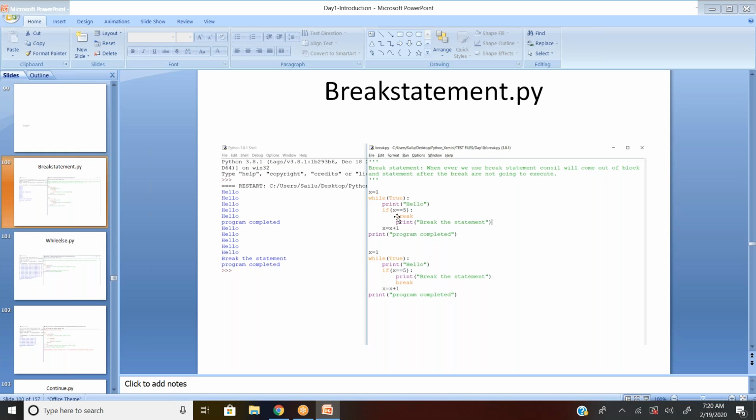Now you can see, if x double equal to 5, I'm going to decide that whenever x becomes 5, I want to break it. Now let me show you.